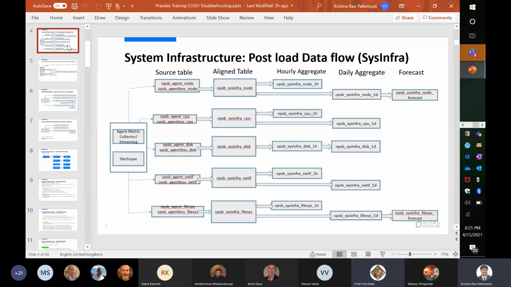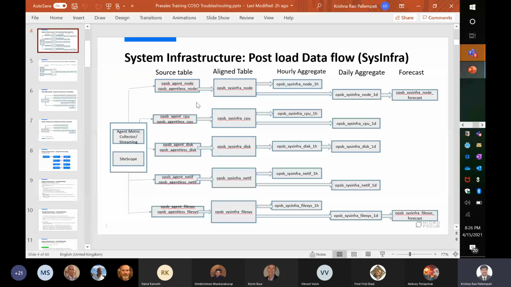Okay, so your first question, if I don't have any data in my aligned tables or shared tables, if my data itself is not there in shared tables but I have data in my source table, but not in aligned tables, we have custom scripts for this. In the custom script log we need to verify whether the data is there.